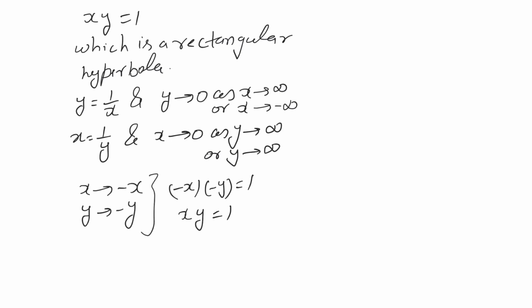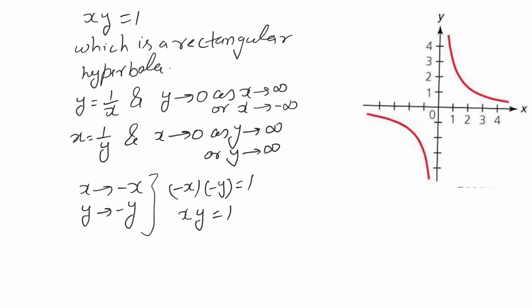Okay, and the figure of this rectangular hyperbola is given by this one. So here if we see this is the curve, and it is symmetric in the opposite quadrant. This one is the first quadrant and its opposite is third quadrant. Opposite means when x is changed to minus x and y is changed to minus y, equation of the curve is remaining the same. So this is symmetry with respect to first quadrant and third quadrant, which are known as